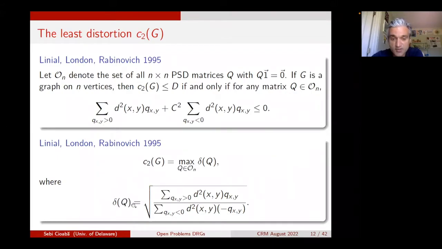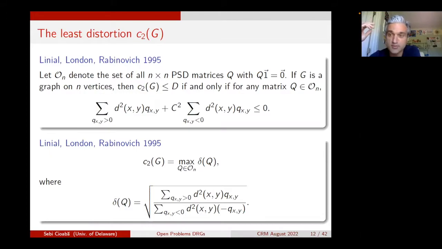this parameter delta of Q is written here. It's a square root of a big fraction. On the numerator, you have things that involve pairs xy, where Q of xy is positive, and in the denominator Q of xy is negative, and it comes from this result on the top if you manipulate things in a certain way. So again, so far, I gave you an introduction on these distance regular graphs that you already knew, and